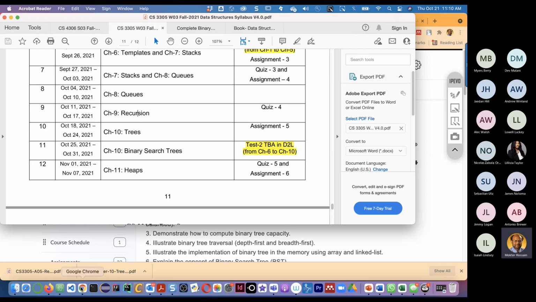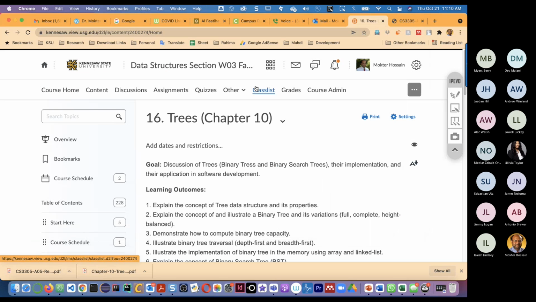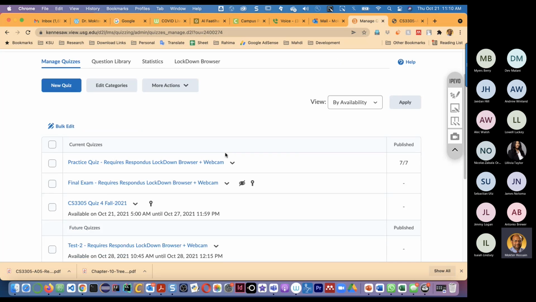The test will be in the D2L quizzes section.